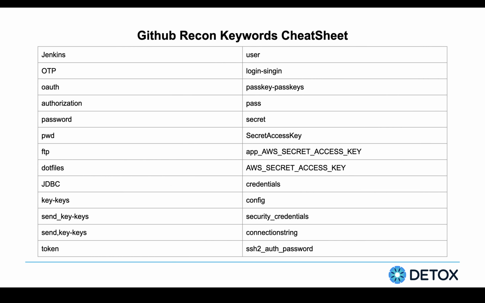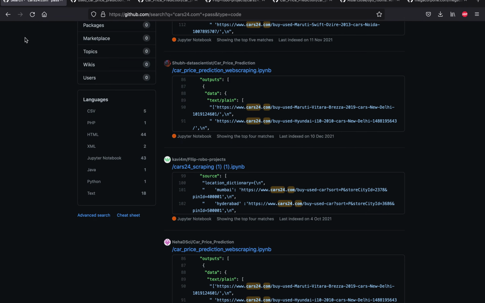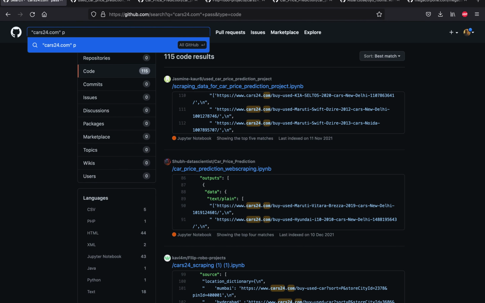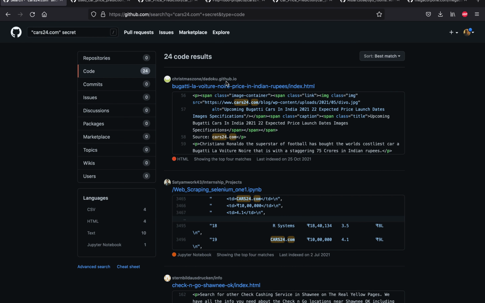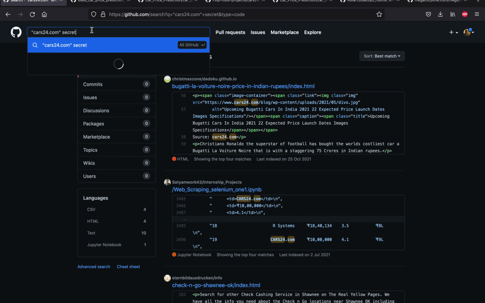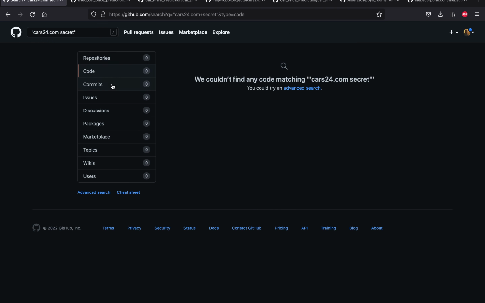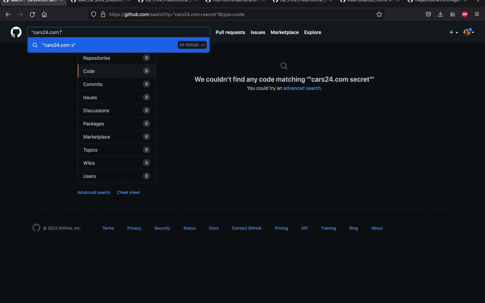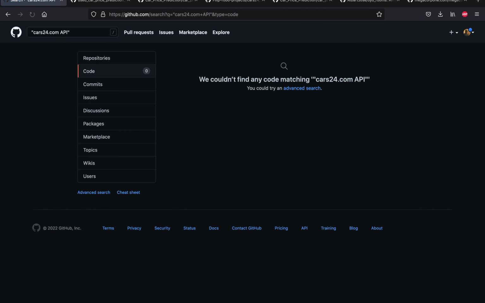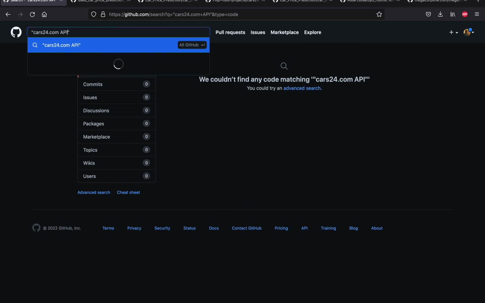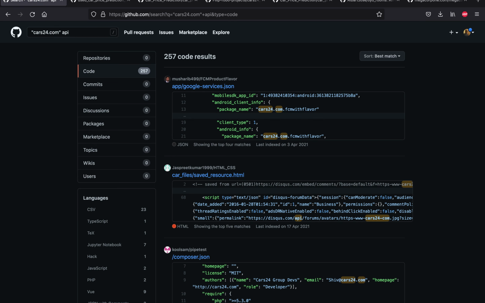Now there are a whole lot of keywords which you can actually use. You could use pass, you could use secret. Let's go for secret, which means I am searching for the word secret over cars24.com. Again, I am getting just 24 results. Let's try to put secret inside double inverted commas, and let's hit the enter key, and we are getting no result. Let's search for certain API keys if there is any API key, and let's try to search for API outside of double inverted commas